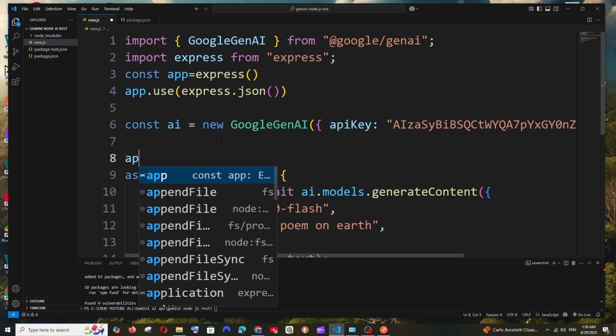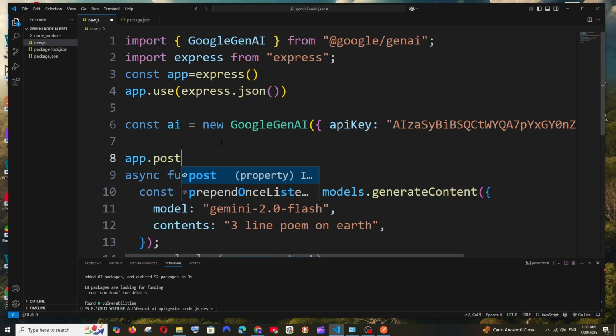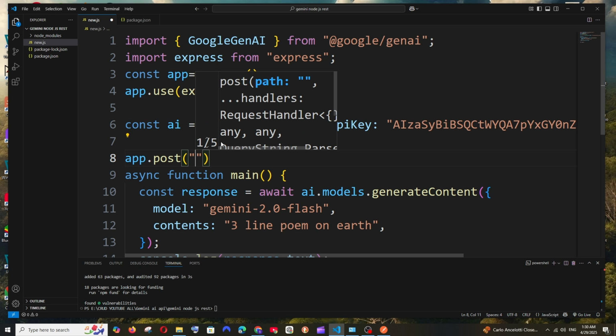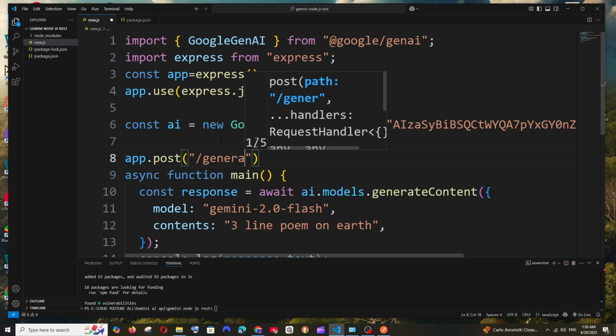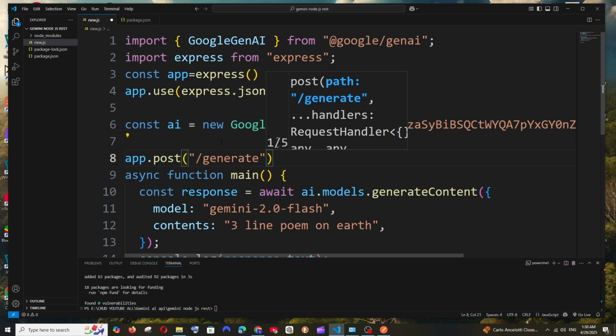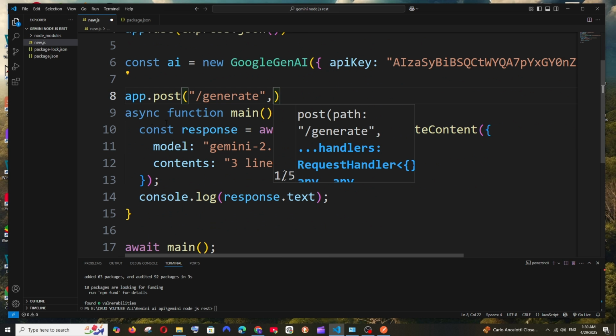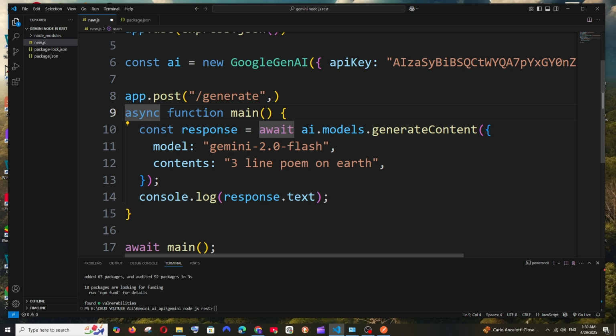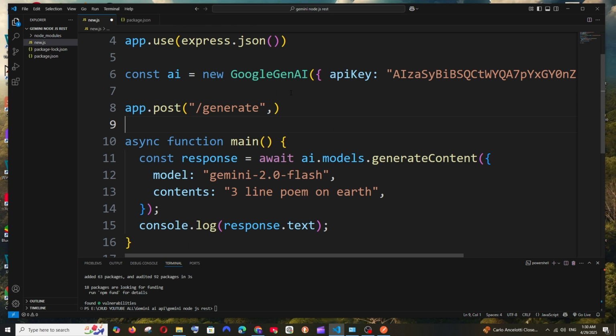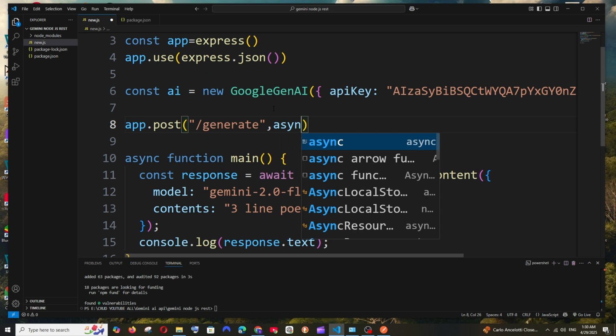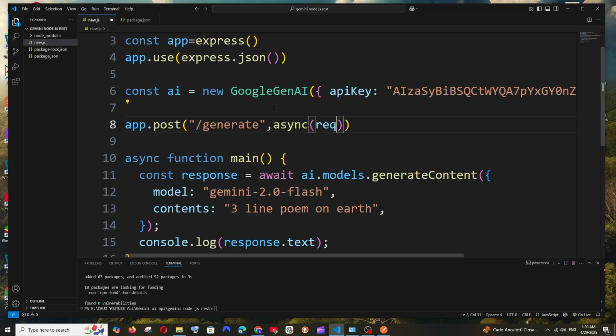It's going to be app.post. Here we are defining our post endpoint. It's going to be /generate, and it's going to be an async function. Since here we are having async, this is an await call, the model call, so we need to have this as an async endpoint. So it's going to be an async callback function with request comma response and an arrow function with curly bracket,